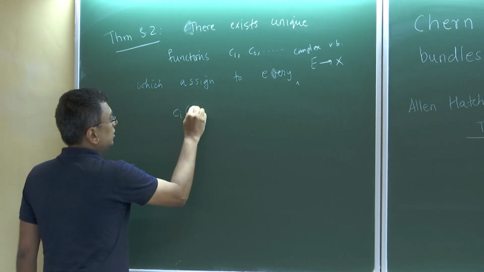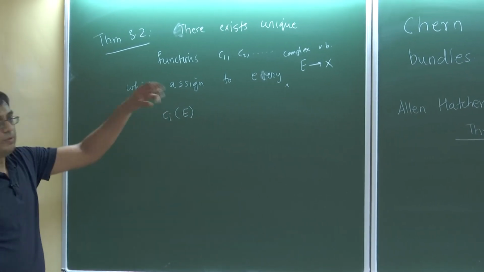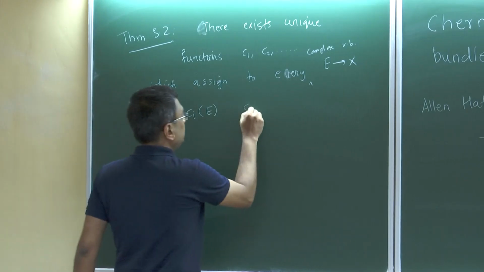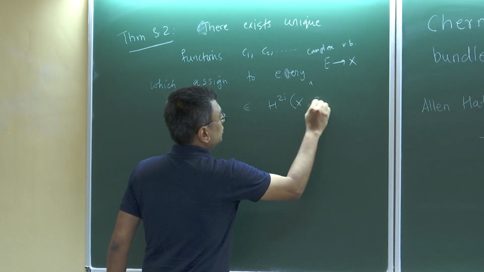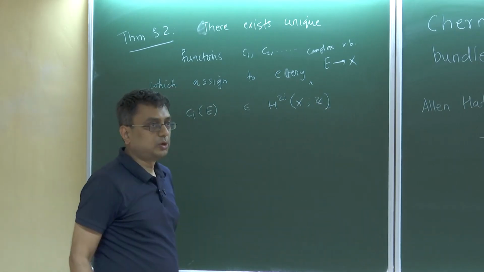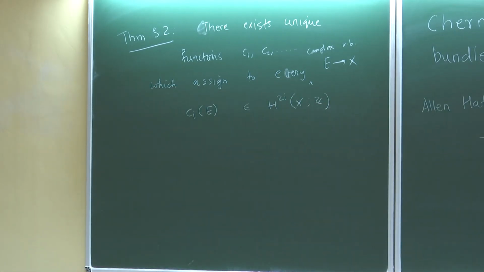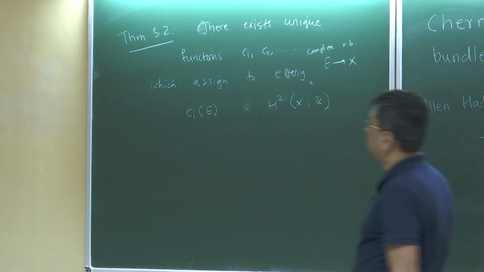So Ci takes this vector bundle and assigns an element in H^2i of X, Z. This is singular cohomology of X with coefficients in Z, such that